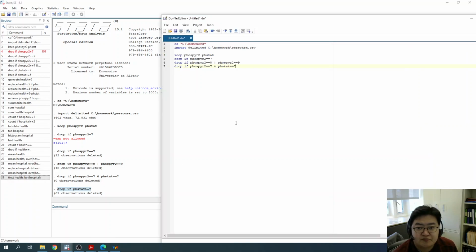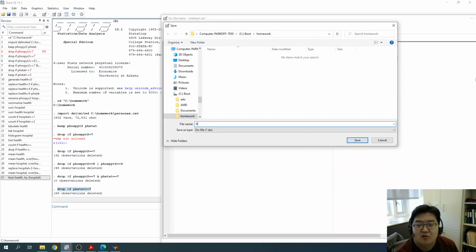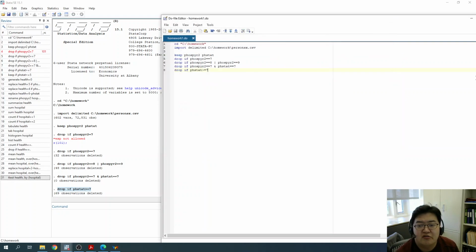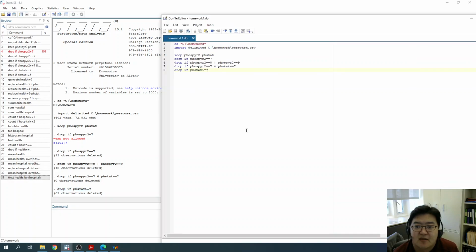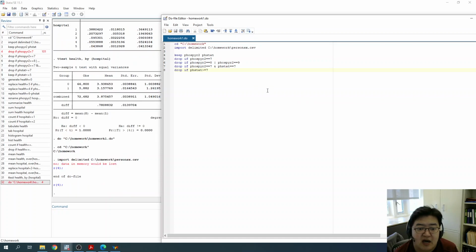I do it this way, and then I'll save it as homework 1. This is just a text file. There is nothing happening so far, but you have to execute it when you are done writing the commands. So after writing this many commands,